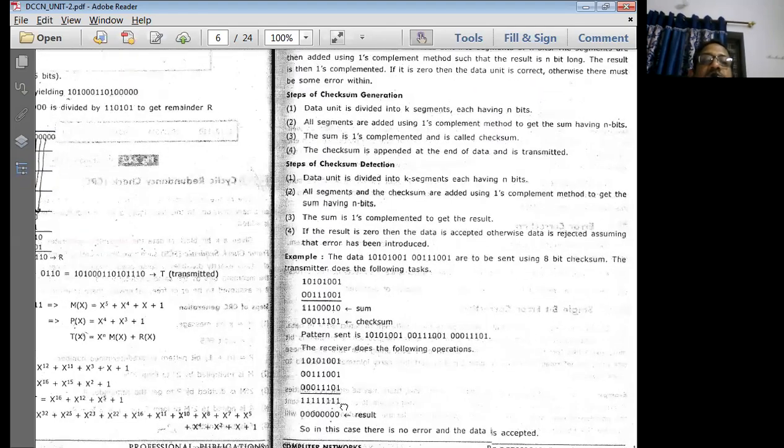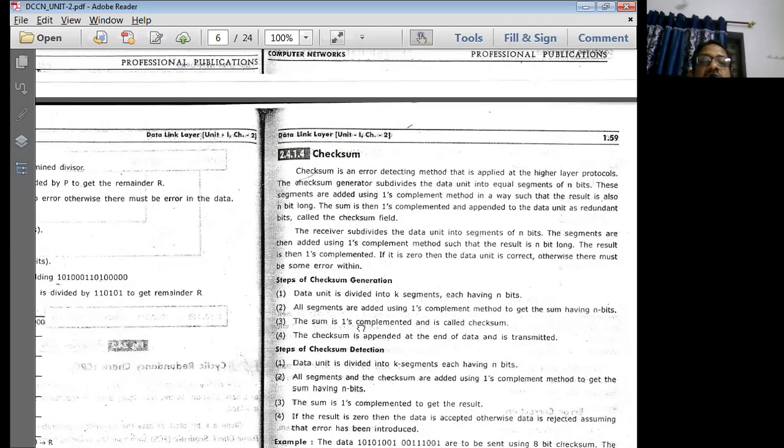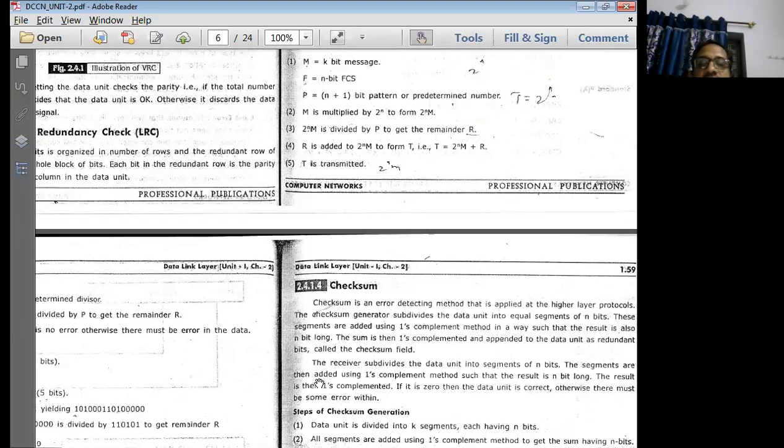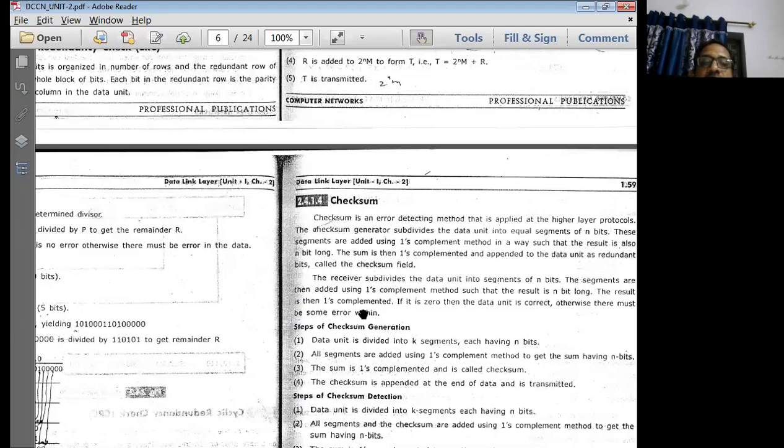So by these methods, we can detect the error at the receiver side. If the receiver detects the error, it simply asks the sender for retransmission of the same data frames. Like this, we apply the error detection techniques. So in today's session, we will stop here with error detection. In tomorrow's session, we will complete unit number 1 after we complete the error correcting techniques. Thank you very much for today's session.